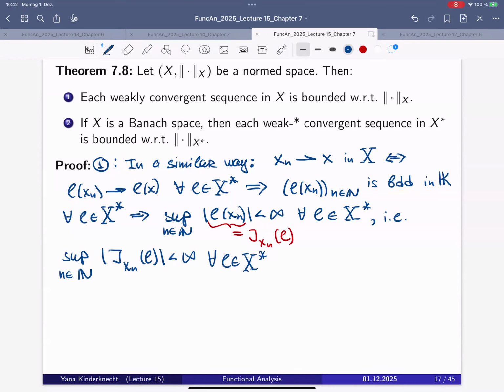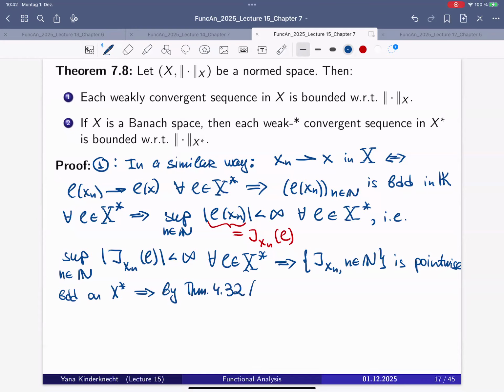And again, this means that this sequence is pointwise bounded on X star, and hence again by the uniform boundedness principle,